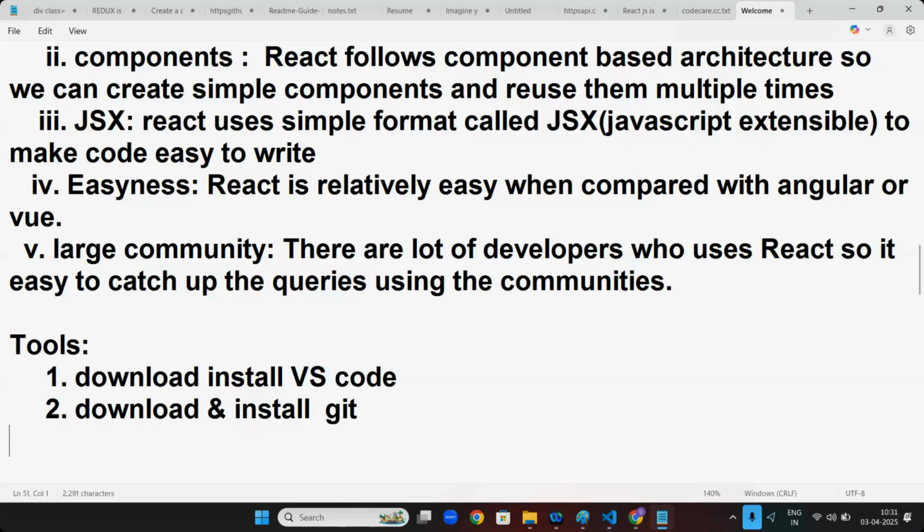But the basic things I need you to have: create an account in GitHub.